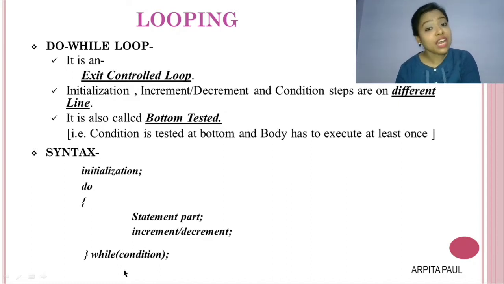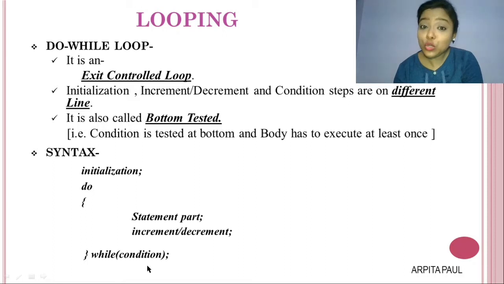If the condition is true, then it will again go to the do part and it will execute the statement. If the condition is false, it will not go again to the do part and it will not execute the statement. But for the first time when it is entering the statement part, see there is no checking. So if there is no checking, that is why this loop will execute at least once. At least once the do while loop will execute even if the condition is false.